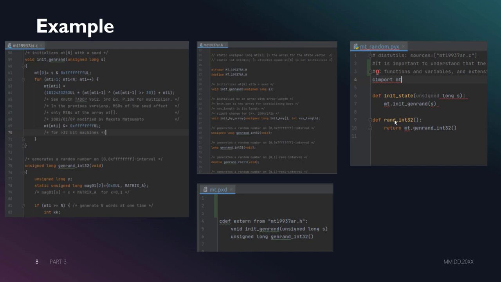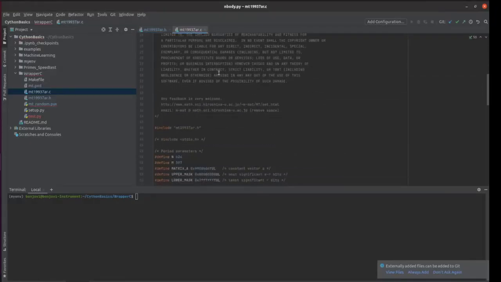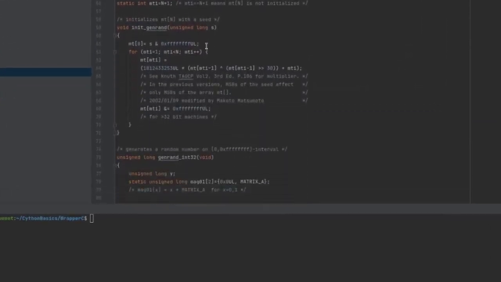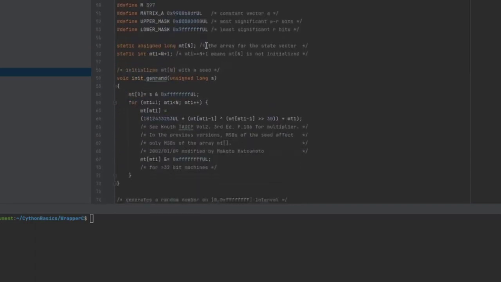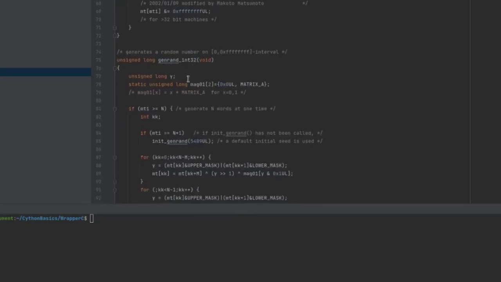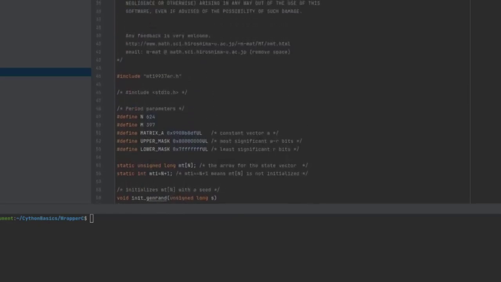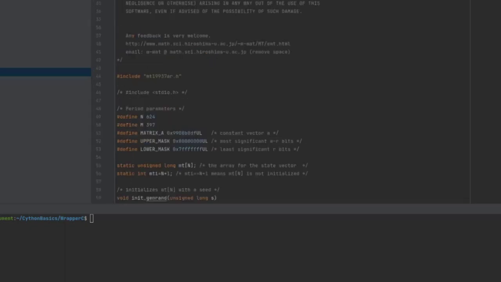Now we will look at a demo of how to compile it, and then see my C code which I want to wrap. You can see this code generates a true random number. There is this function to which you have to give a seed, any random value, to initiate it, and then it gives you a 32-bit unsigned long random number. And this is the header file for this code, and this is the code.